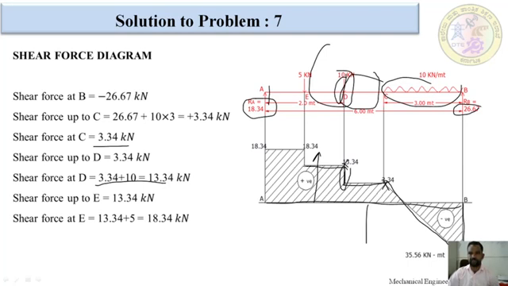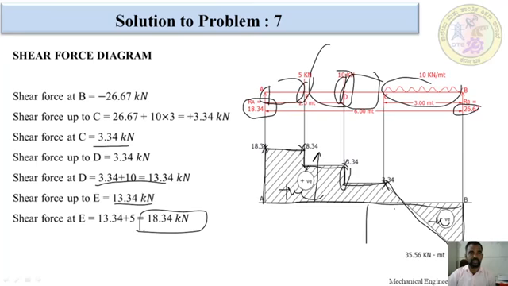After that, how much did we get at E point? We got 18.34. 18 point something means more than 13 point something. This is the left side, this is the front side. Both we have to draw with a vertical line. Whenever a point load is there in the shear force diagram, there would be a vertical line. There is no load between these 2 points, so we will have the same value we got here, 18.34. After finding this point, we join it with the baseline. Above the baseline is positive value, below the baseline is negative value. This completes the shear force diagram.